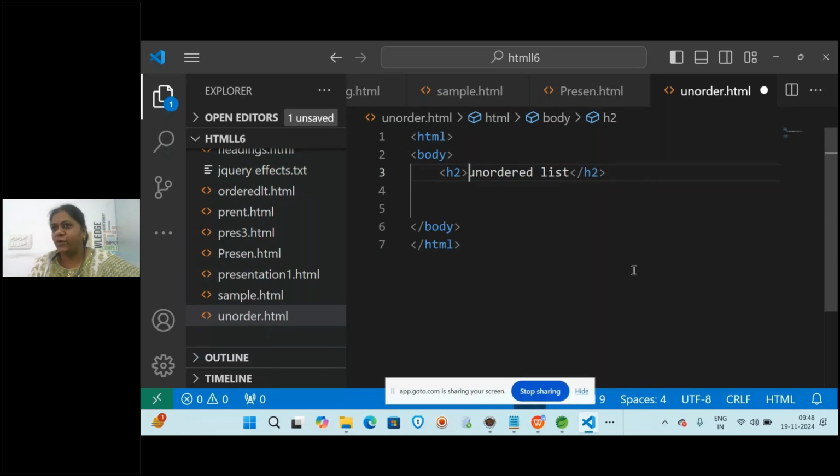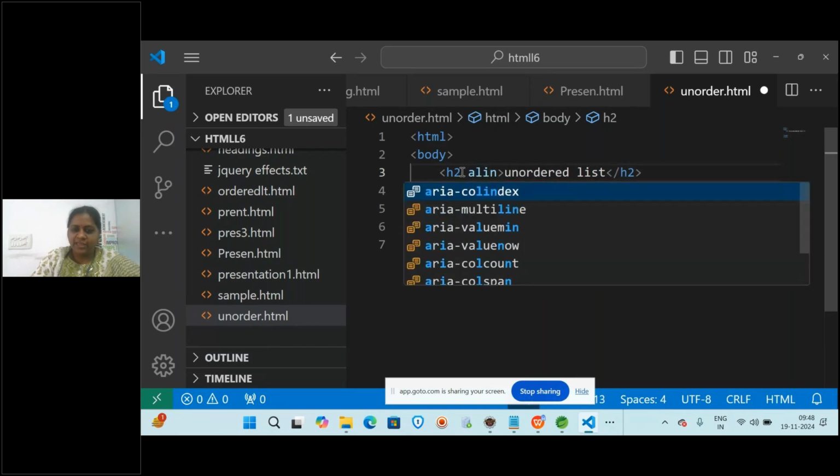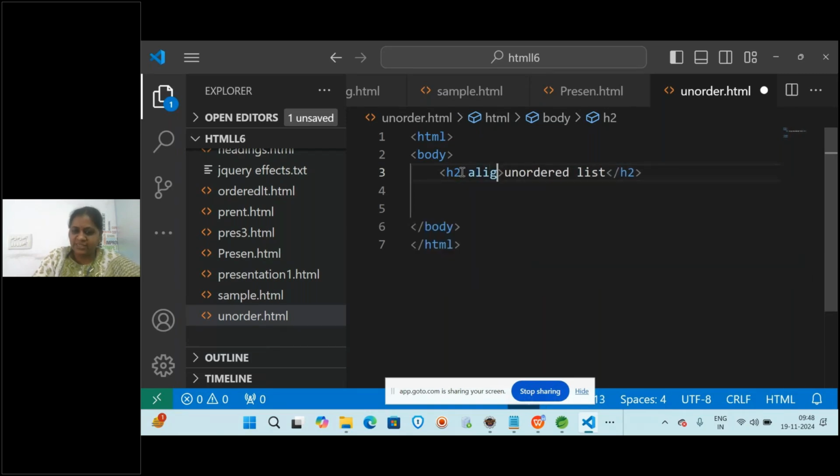Use attribute. What attribute? Align. Align center. We have to use the attribute of align. So here, as soon as we type, it shows the suggestion align equal to center. Okay, it will by default put the double quotes automatically. Half of the code, or at least 20-30% of code, is suggested by Visual Studio itself.